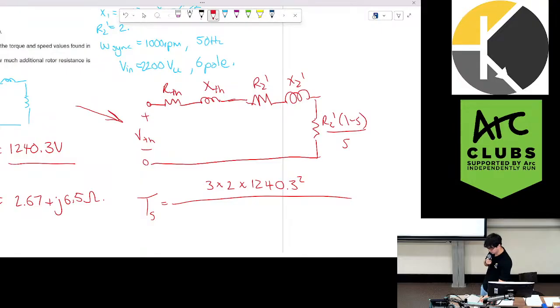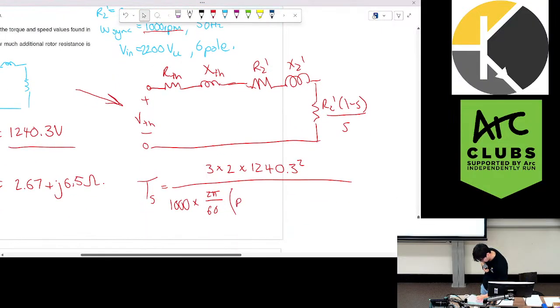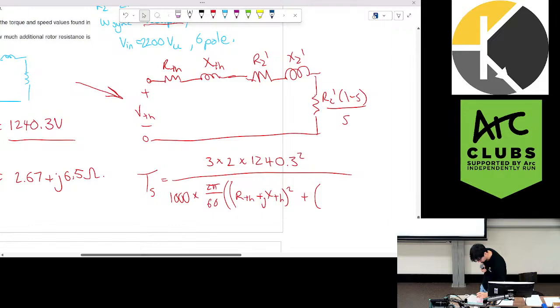The synchronous speed is given as 1000 RPM. Again, we need to make sure this is in radians per second, so 2 pi on 60. And then we're going to multiply that by RTH plus